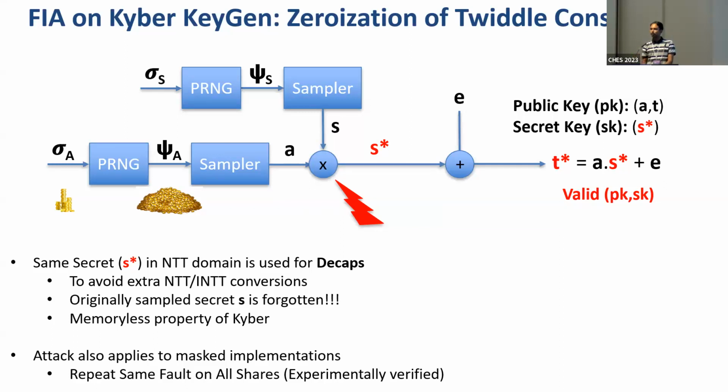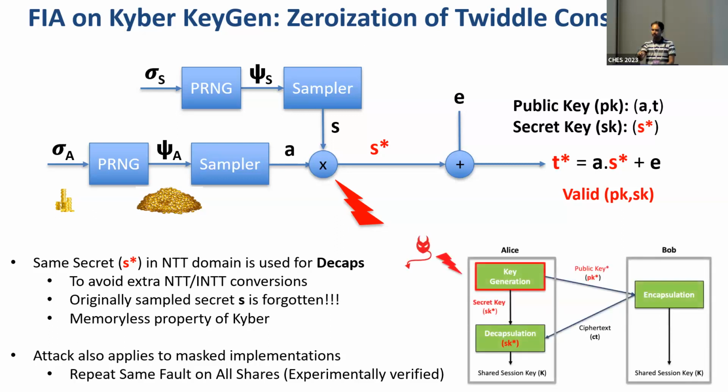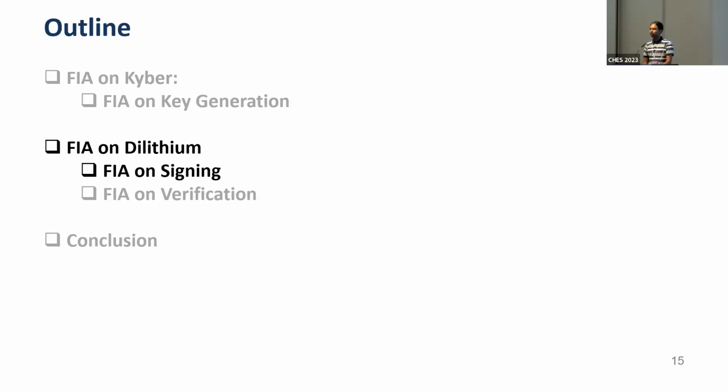An interesting property in Kyber is that Kyber uses the same faulty secret also in the decapsulation procedure. So just injecting a fault in the key generation procedure is sufficient in order to create a valid key exchange. So the key exchange is valid, and this results in a valid attack. We also validated this attack on masked implementations, where repeating the same fault on all the shares results in the same attack. So now I'll move on to the fault injection attack on Dilithium, where we have 2